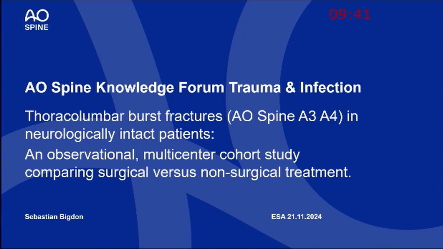And maybe some of you already knew that A3 and A4 fractures, as I talked about earlier, are very controversial in literature and also in treatment strategy around the world. When you ask colleagues from America, they won't operate on any of them. The same accounts for Australian spine surgeons. Usually they will treat every A3 or A4 fracture conservatively. I found this really interesting because we have a situation around the globe where we have the same injury, but totally different treatment strategies without any consensus.